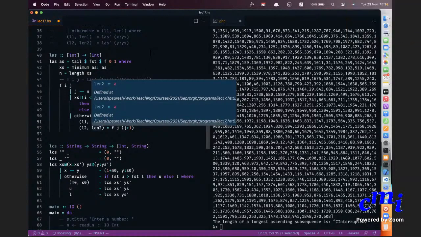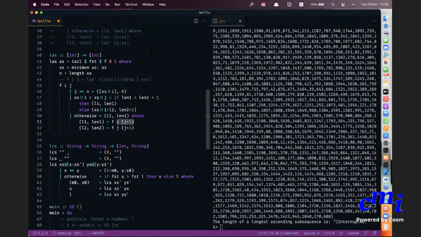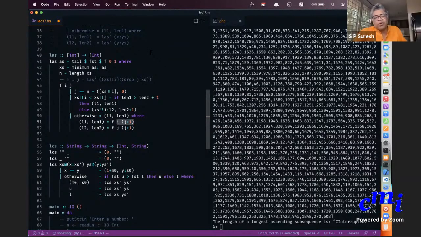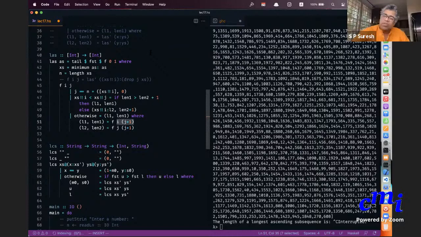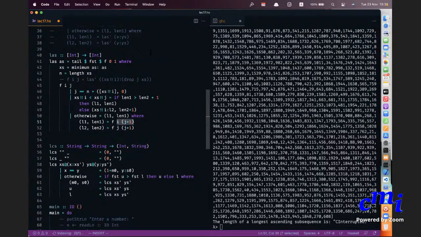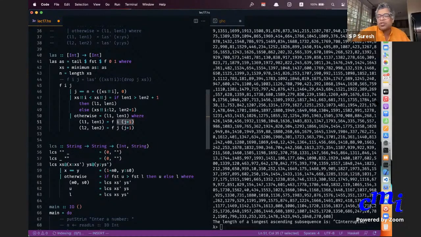Sir, one quick question, sir. Are arrays implemented using pointers? Arrays are not implemented using pointers. The implementation of arrays is hard for us to understand at this stage, but it's beautiful. It's one of the most beautiful aspects in Haskell, but it's been around for 30 years now, actually. Okay, 25 years plus now. And the way they are implemented is because of a concept which is really nice. But unfortunately, we cannot go over it now.